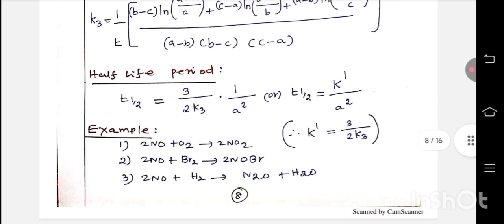The half-life period of the third order reaction, T half equal to 3 divided by 2 K3 into 1 by A square, or T half equal to K prime divided by A square. Here K prime is equal to 3 by 2 into K3. The example of the third order reaction is given by